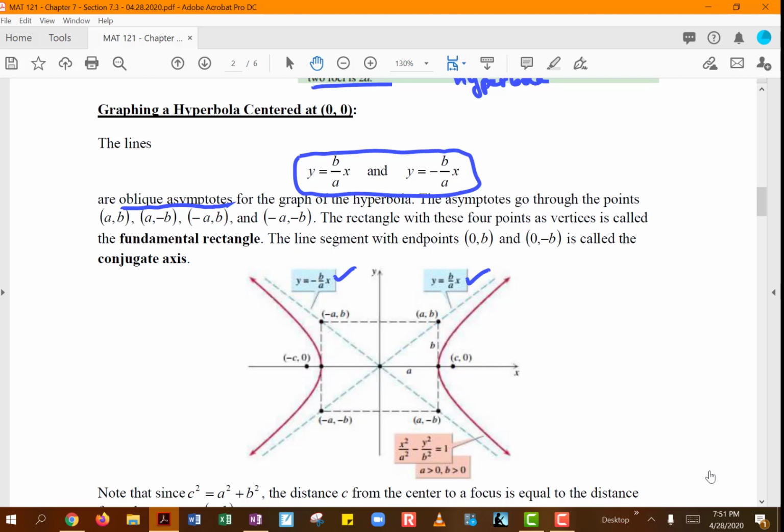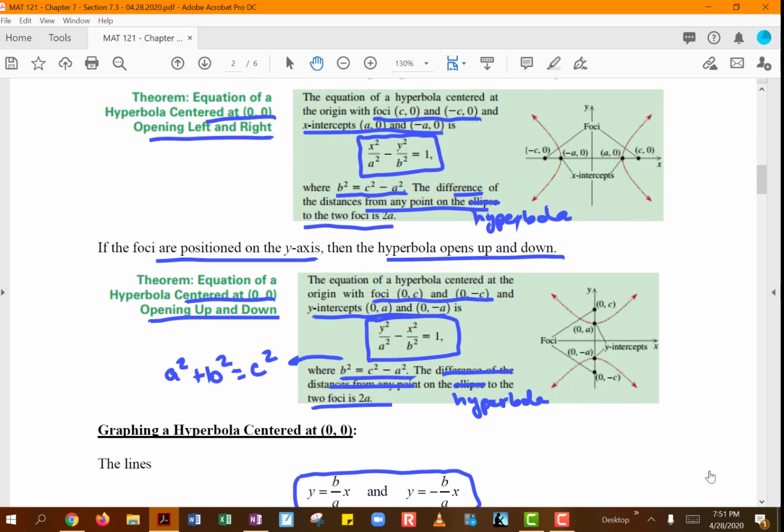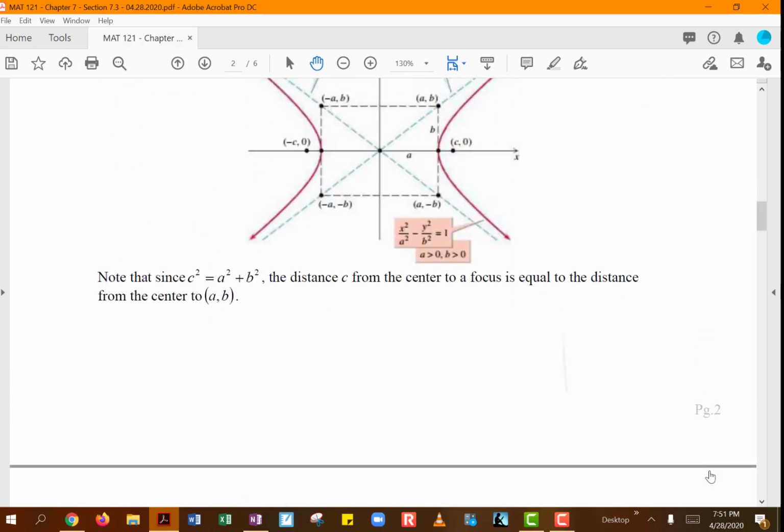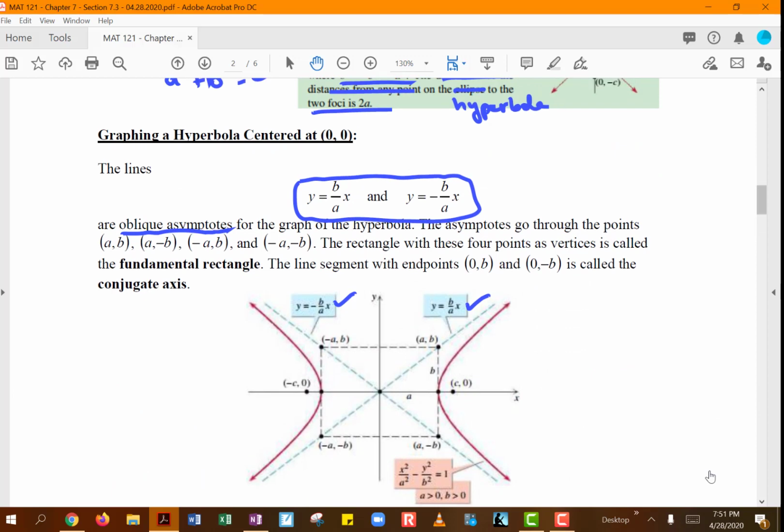Okay, and of course these values of a and b are coming from your equation itself. And then we take these four ordered pairs, (a, b), (a, negative b), (negative a, b), and (negative a, negative b). These will become the four corners, or basically the four vertices, of what we call our fundamental rectangle. So basically what you can do is start by first drawing this fundamental rectangle, and you will see all